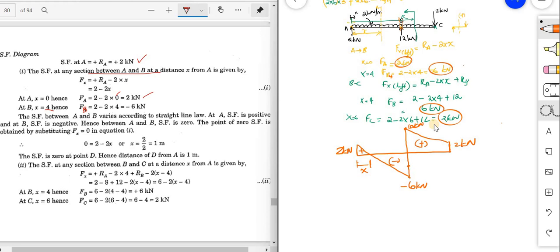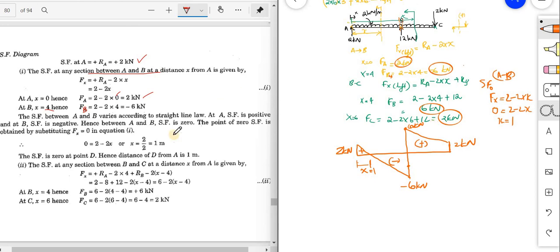So where can I substitute here? It is between A and C. Therefore, between A and C, at one point the shear force is 0. That point is between A and B, sorry, A and B. So the equation is here. This is the shear force, that is, Fx is equal to 2 minus 2 into x. At this point, when this is equal to 0, I get to find the value of x. So substituting this, I can find it. 2 minus 2 into x is equal to 0. x is equal to 1. So at 1, I am just marking that x is equal to 1. The shear force is 0. So that is the point where the bending moment will be maximum.